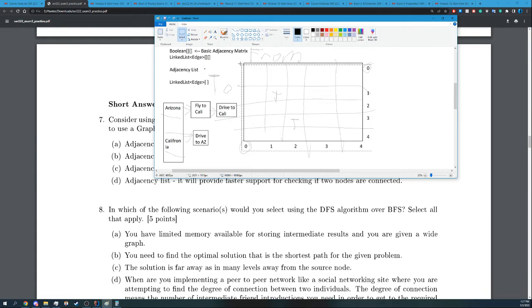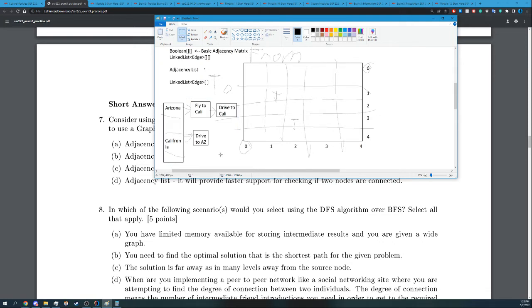And for an adjacency matrix, we have to allocate the square of how many vertexes we have. So if you have 10 vertexes, you have to allocate 100 spaces in your adjacency matrix, whereas our adjacency list only has to allocate 10